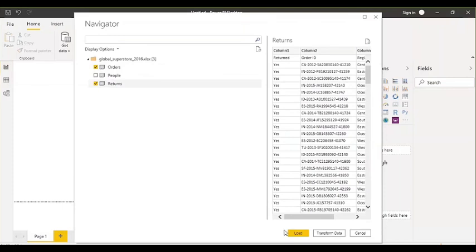There are 2 things. One you can see here, the Load button, and one is Transform Data, right? What is the difference between them? When you extract some data, sometimes your data might require some transformation, or sometimes it is already transformed and clean. It's straightforward, and now you need to do the visualization for it. Let's say your data is not clean and you need to do some data transformation; then you have to click on this Transform Data button. Once you click on it, it will open your data in another window. Let's click on it.